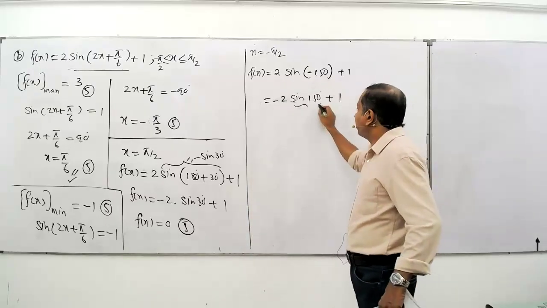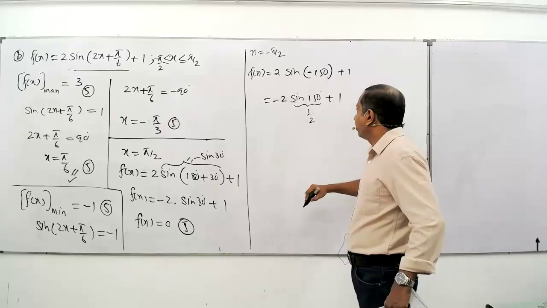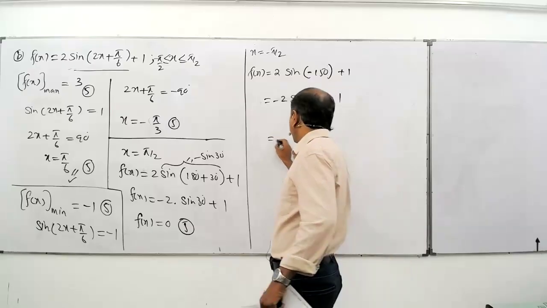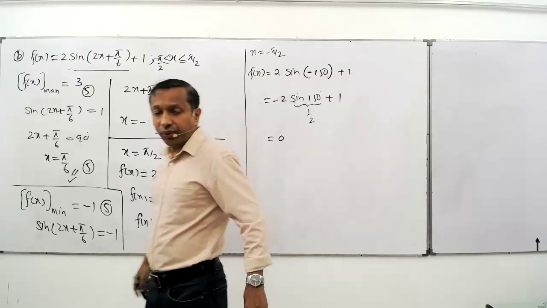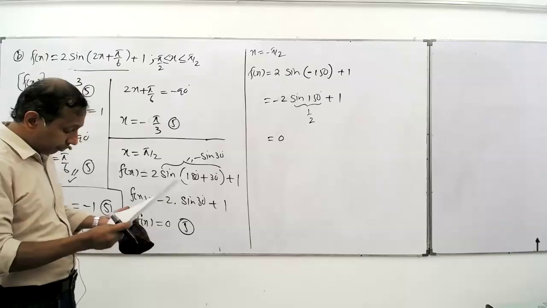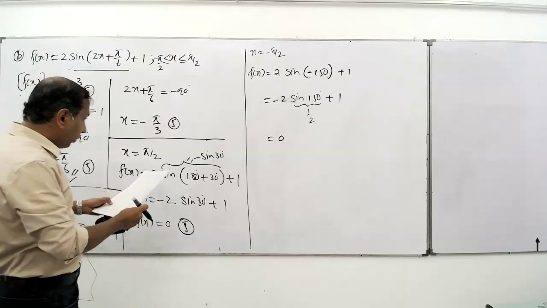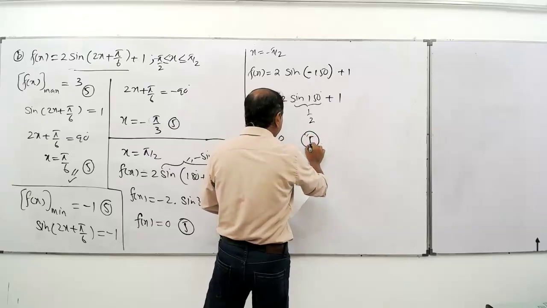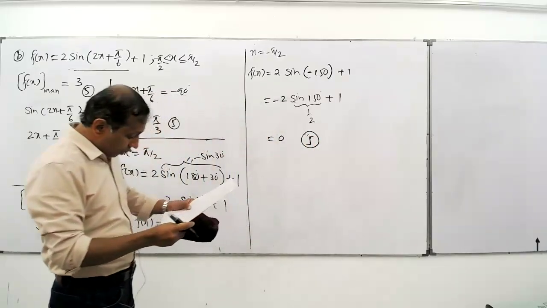What is, people, sine 150? Sine 150 is again half. Cancel this and this. Here we get minus 1 plus 1, 0. That is also y equals 0. Right? Right. For this also we get 5 marks. Right. Now,